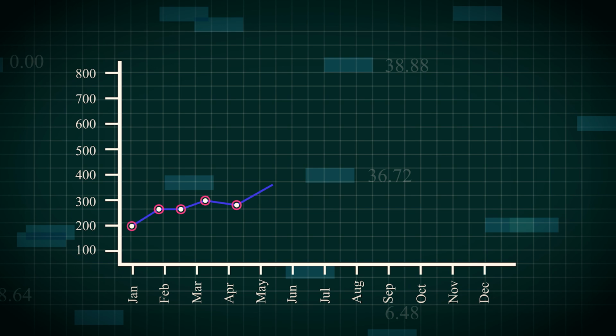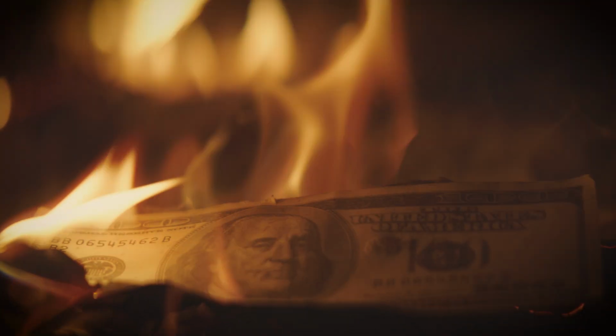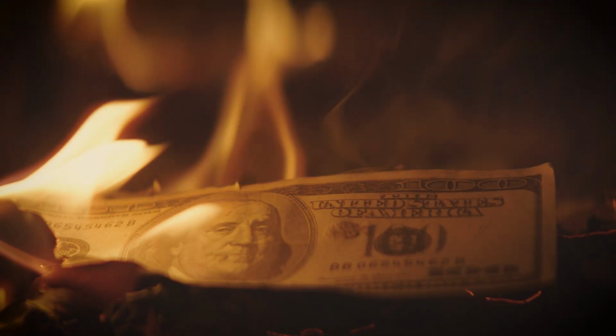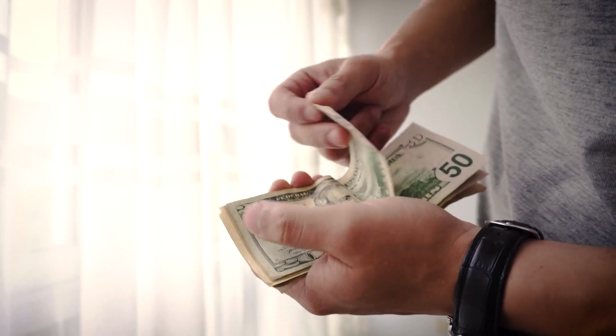So what is inflation? Inflation is the rate at which the general level of prices for goods and services rises, eroding your purchasing power over time. As prices increase, the money you have today buys fewer goods and services than it did before. This reduction in purchasing power can impact your daily expenses, investment returns, and long-term financial plans, especially for retirees and